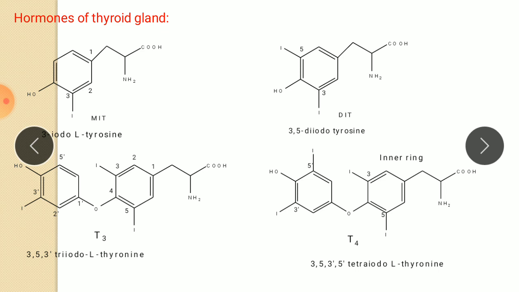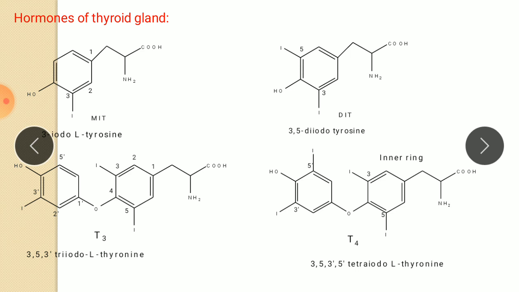The thyroid hormones, tetraiodo-L-thyronine and triiodo-L-thyronine, play numerous roles in regulating metabolism, growth and development, and maintenance